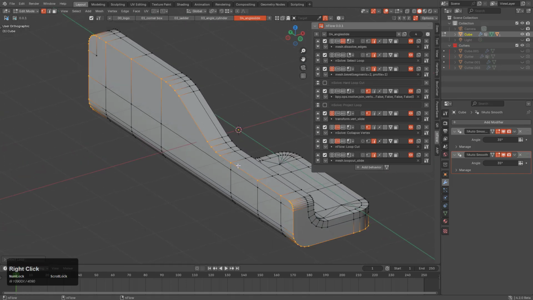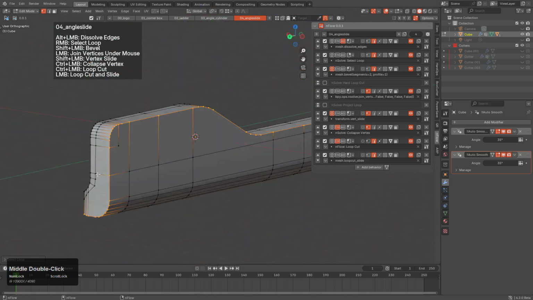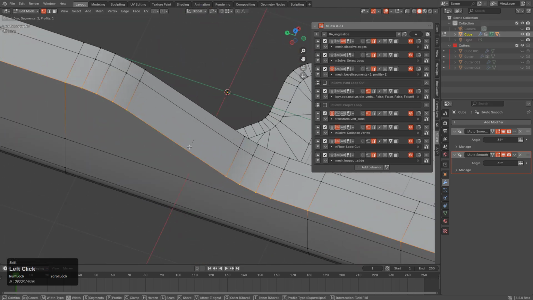So I'm going to right click, and that's going to select the right edge magically, because sometimes the tools work out,